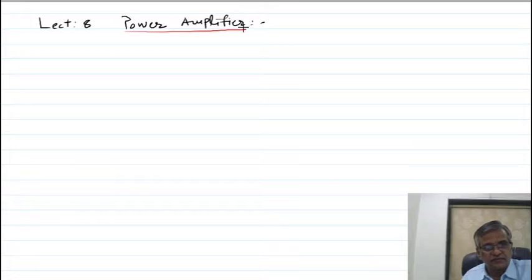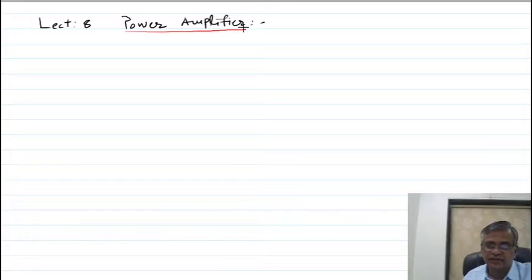Up to the 7th lecture we have discussed how to increase the efficiency of an amplifier. The resistive coupled amplifier has an efficiency of 25%, the transformer coupled amplifier has an efficiency of 50%, and the class A push-pull amplifier also has an efficiency of 50%. We have seen the designing of a transformer coupled amplifier. Then, to increase the efficiency, we discussed the class B mode of operation.